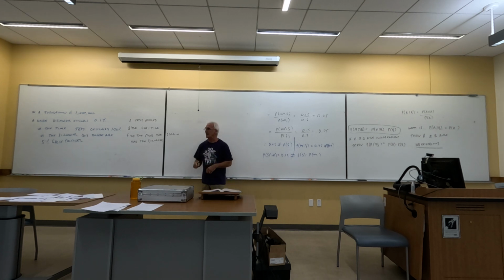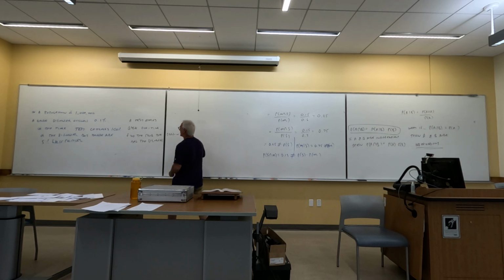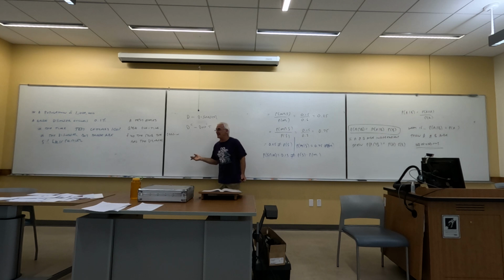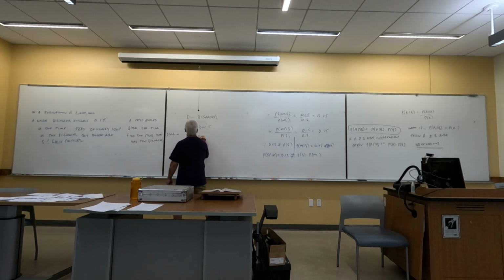Now, in a stats class, we'll often use a bar for the complement. I'd say let's just keep using complement for the complement. So let's say that D is you have the disorder. D complement is you don't. Okay? There's only 2 people in this town. You have the disorder, you don't. What is the probability you have the disorder? 0.1%. So 0.001. The probability you don't